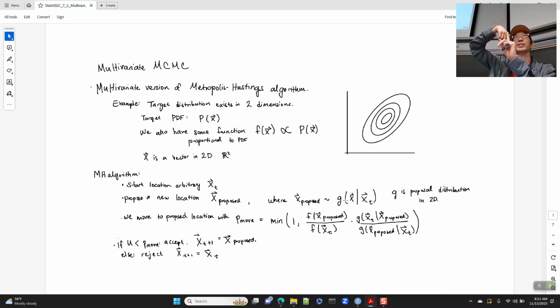You can go north, south, east, or west of it. I don't know if that's the right way to phrase where you go, but you start off centered at x at time t, location in 2 dimensions, and then you can go north, south, east, west, or basically anywhere around it. So you propose a new location, and then we use the Metropolis-Hastings algorithm to decide, do we accept that proposed